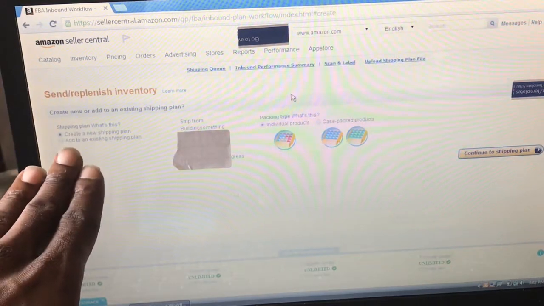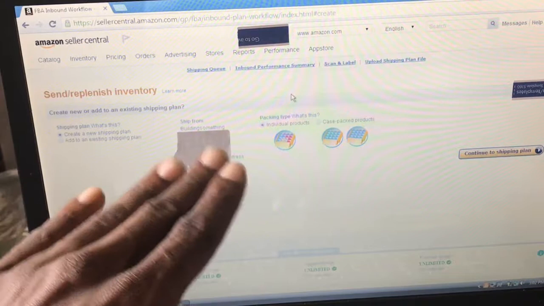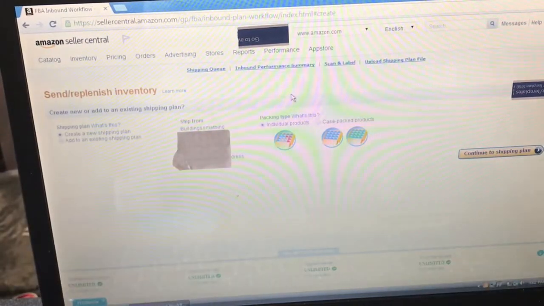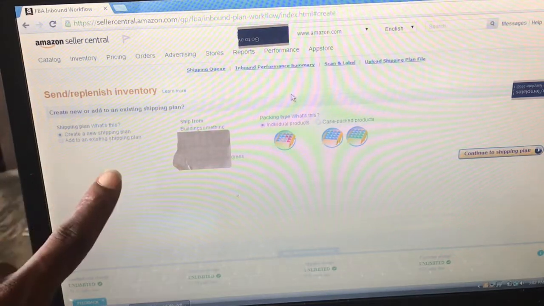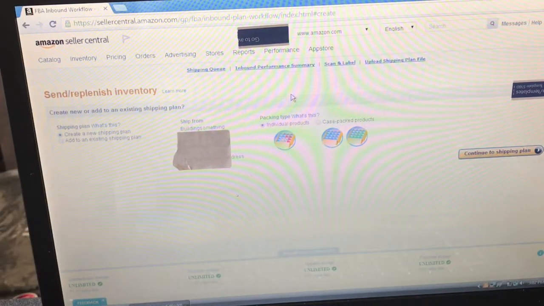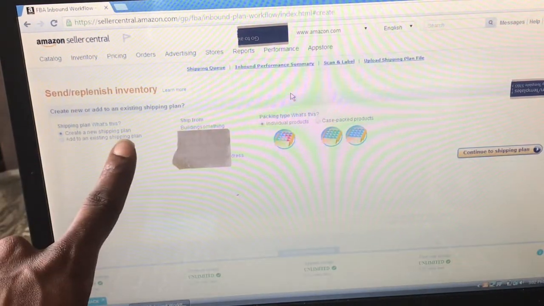You want to create a new shipping plan, or you want to add it to an existing shipping plan. I don't have a shipping plan that's already going to one of the fulfillment centers, so I'm going to create a new shipping plan. Let's say I had already gone sourcing and I listed a bunch of products, and then I had created a shipping plan and they were ready to go out. But let's say they didn't go out for one day, and the very next day I saw some items and I went sourcing and I scooped them up and I came back home. I could list those items and I can just add it to an existing shipping plan, which would be